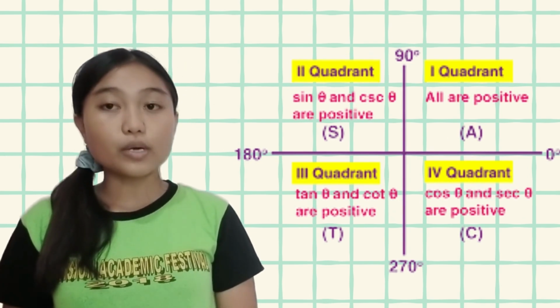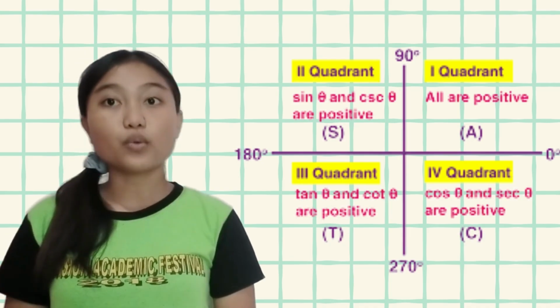Now that you know the half-angle formulas for sine, cosine, and tangent, you might wonder how to determine the sign. The plus or minus sign depends on the quadrant where theta over 2 lies. In quadrant 1,